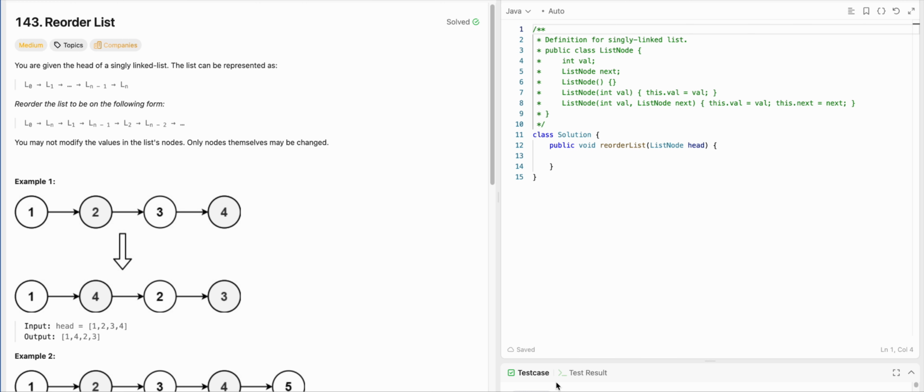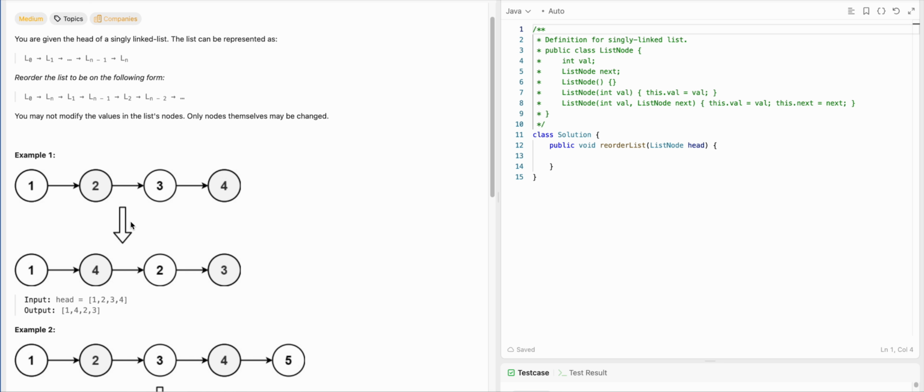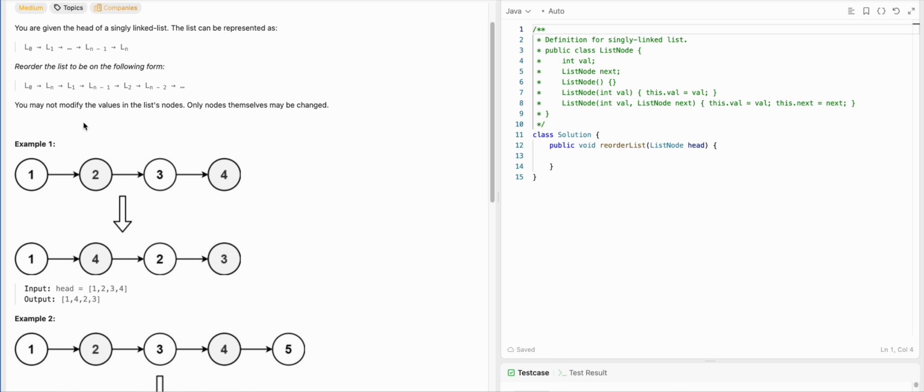Today we will be solving the question of reordering a linked list. So here we are given this question of reorder list, and here we have a singly linked list, and it is represented as L0 till Ln, where L0 is the first node and Ln is the nth node. And we have to reorder this list in this form, where the nth node is between the 0th and first node, n minus 1th node is between first and second, and we can only change the pointers and we cannot